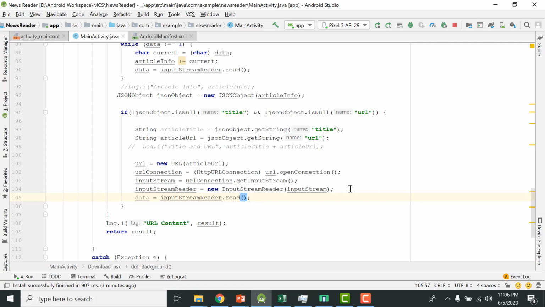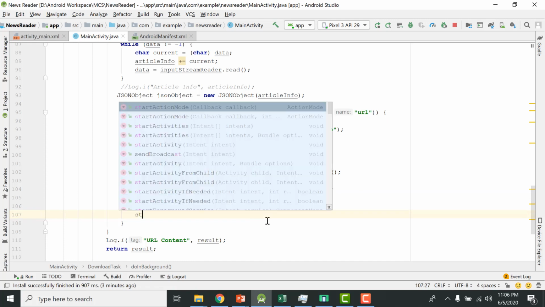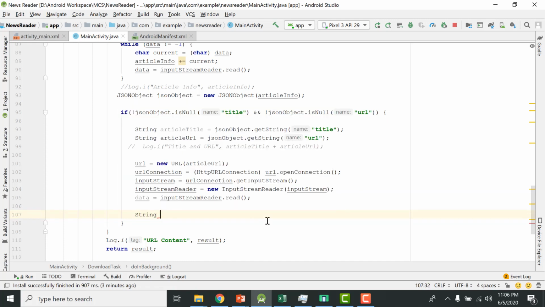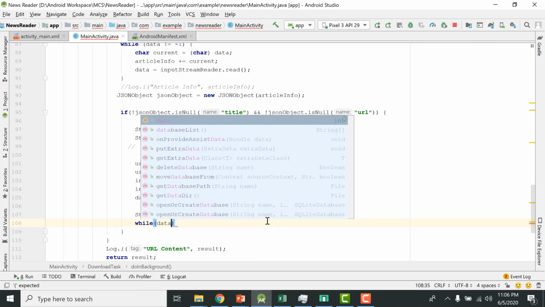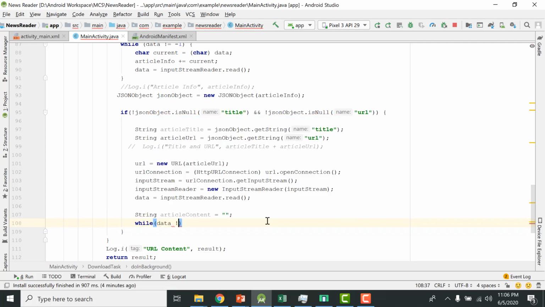So okay, after that we are going to define another string variable, because we want to store the byte data into a string. So that will be article content. This is nothing but HTML content. Moving ahead, I want to use while loop. While data is not equal to -1, this means that we have something, then we can